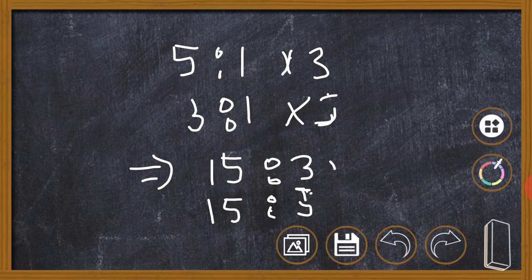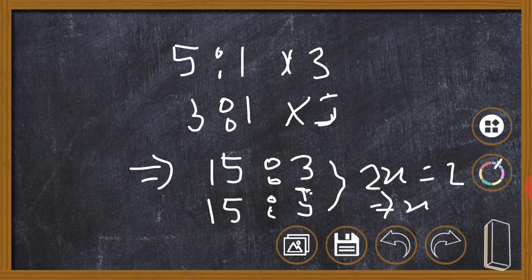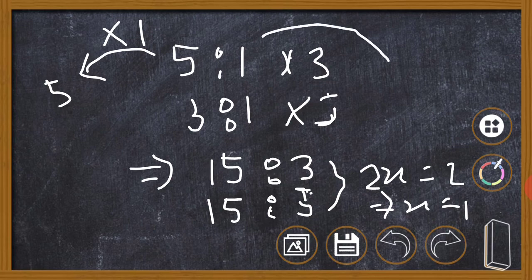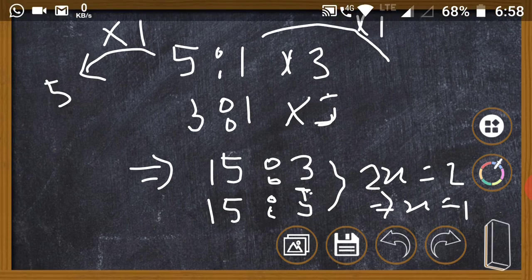Now we can see that there is an increase of 2x, whose value is also equal to 2. So x becomes 1. So the initial quantity of milk will be 5 into 1, which is equal to 5 liters, and water will be 1 into 1, which is equal to 1